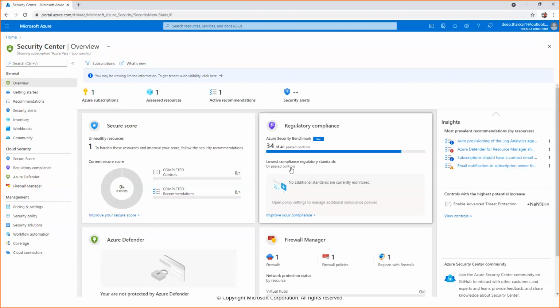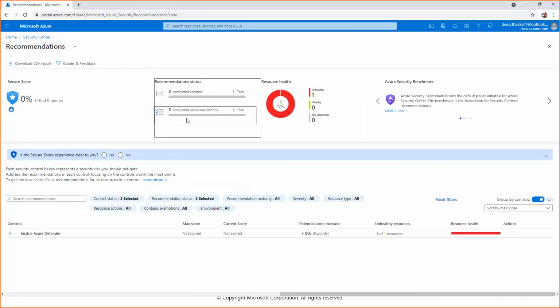So out of 40, 34 security resources have passed this control. There is some issue with six of the resources related to compliance. You can see one Azure subscription here. How many resources accessed? One. And how many active recommendations? One recommendation. If I click on this, it will tell me where I need to make some changes.